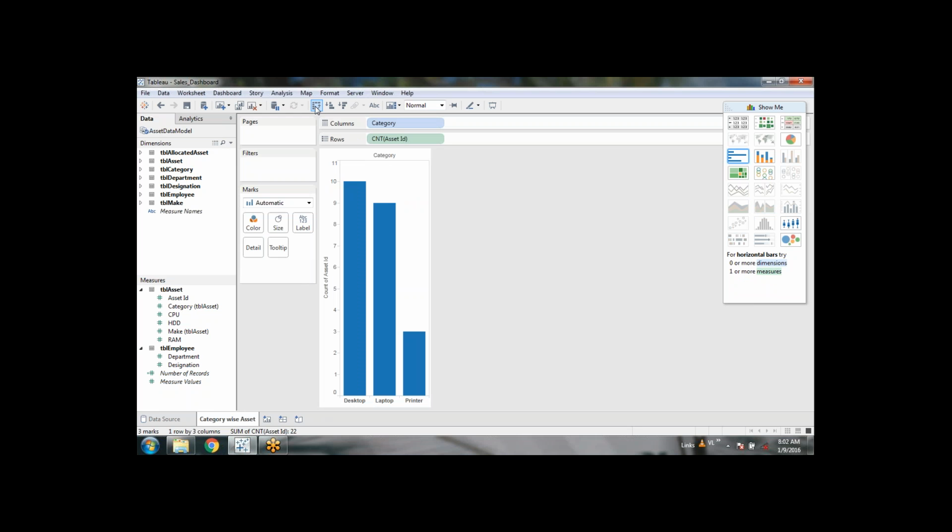And now, if there are many items with haphazard orders, you can also sort these items based on a value of the expression. Say for printer, the number is 3. For laptop, the number is 9, and so on. I want to organize it in ascending and descending order. So here's the option: sort ascending, minimum to maximum, and sort descending, it should be maximum to minimum. Okay,